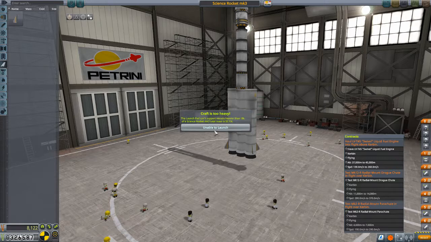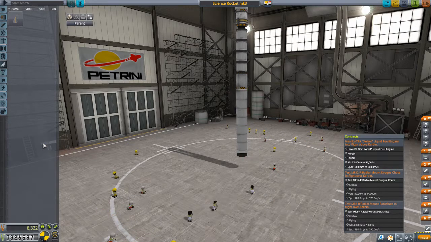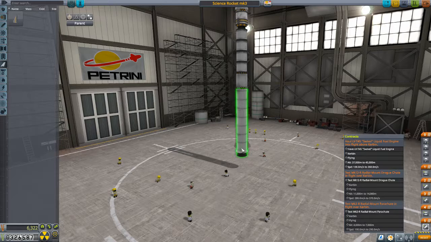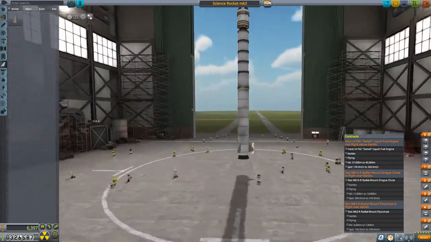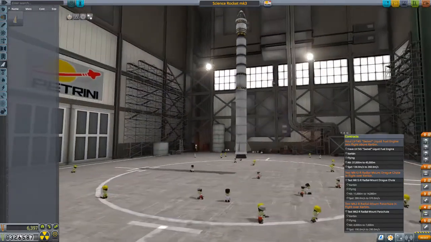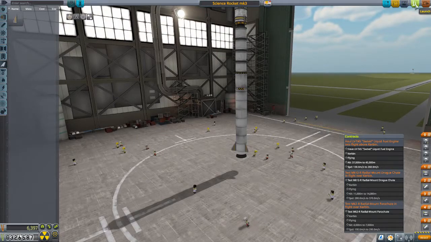Oh, we weigh too much. Okay, let's try it with one, see what happens. So a new one of those, and the triple is enough to get the good force going. So save again, launch,